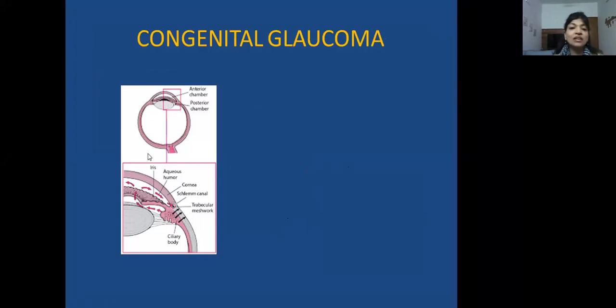Now, congenital glaucoma is a condition wherein typically the drainage of aqueous humor, which is a fluid that's present in the eye, doesn't drain out of the eye properly because of some maldevelopment of the drainage pathway. So what happens is when aqueous humor cannot go out of the eye because you have retaining of fluid within the eye, it increases the pressure, and then the intraocular pressure is elevated, and that causes optic nerve damage.